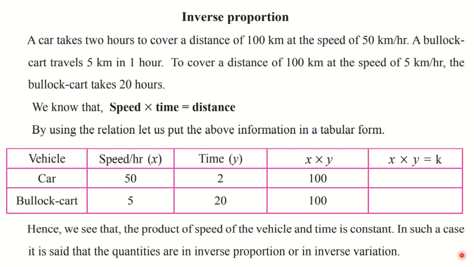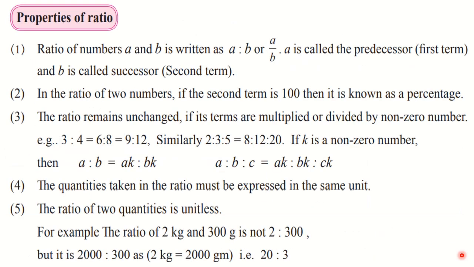Also, what you are going to keep in mind is how you will recognize whether the sum is of direct variation or inverse variation. I told you that in case of direct variation, if one quantity is increasing, the other also increases. And in case of inverse variation, if one quantity is increasing, the other decreases. This way you will understand whether the question is of direct variation or inverse variation.